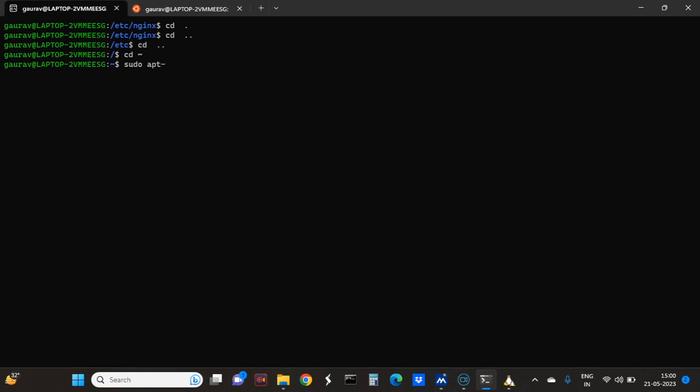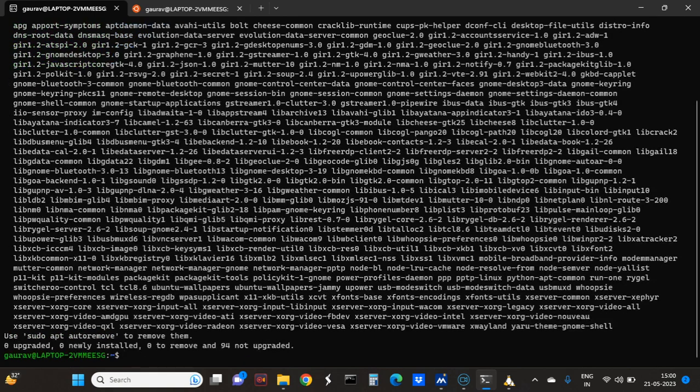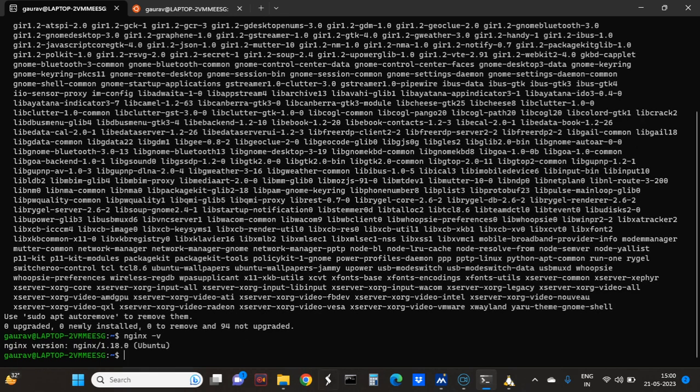Then apt-get, then in apt-get I have to type install. After typing install, I have to type Nginx. That will install it. But it is already installed. So we need to check the version. To check the version, you type nginx -v. So here you can see it's 1 point,